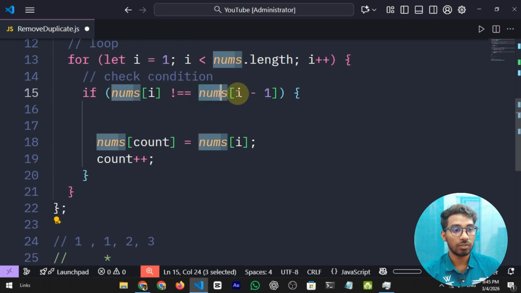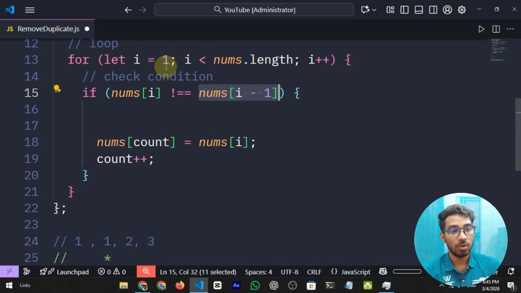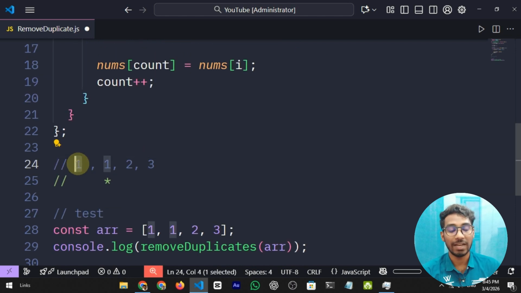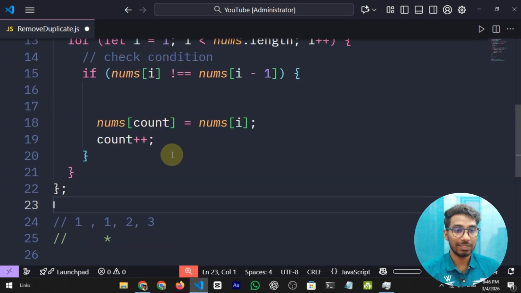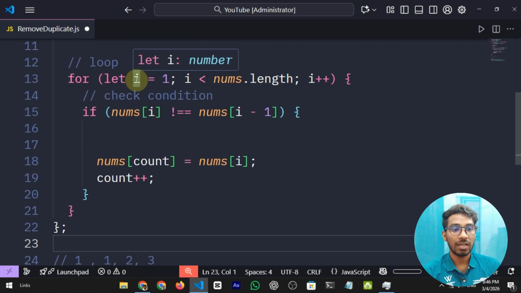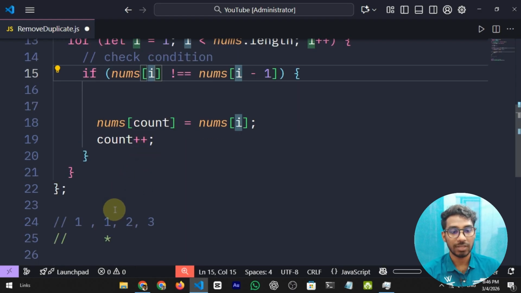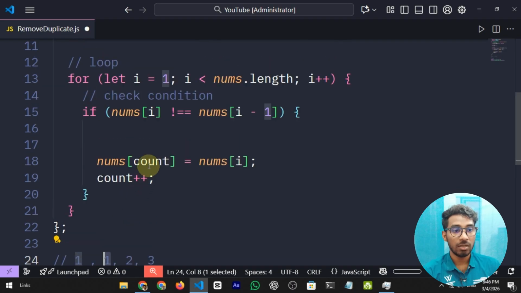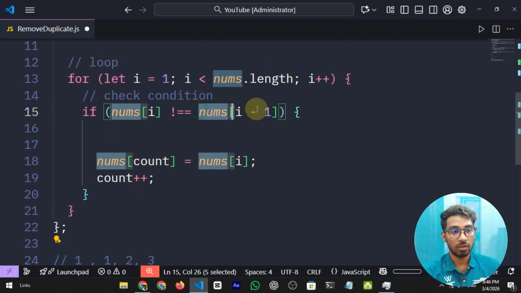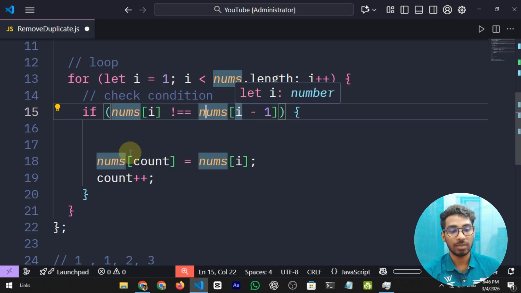And we are also considering it like this. So 1 minus 1, that means nums 0, the first value of our array. Okay, so if we consider this condition, let me explain. For this, i is equal to 1, so nums i means nums 1, that is this digit, but we are checking the previous one. So the previous one will be 0 because 1 minus 1 is 0, so nums 0 means